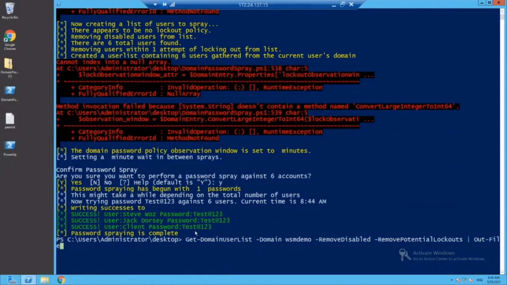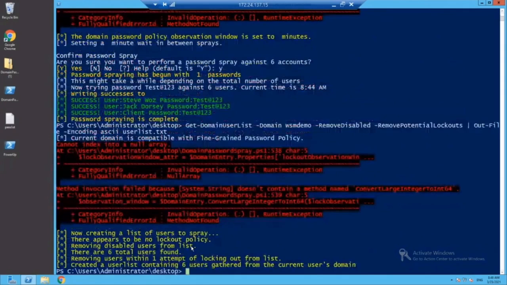And I want the output file of the list of users to be in a specific format, which is a simple text file encoded in ASCII that I can use at a later stage to initiate the password spray attack for the entire organization. So these are handpicked users who are most vulnerable, the ones using weak passwords, the ones who will not trigger a notification if there's a SIEM tool. Accounts don't get locked out. That's the idea. And now my user list is going to be ready in no time.